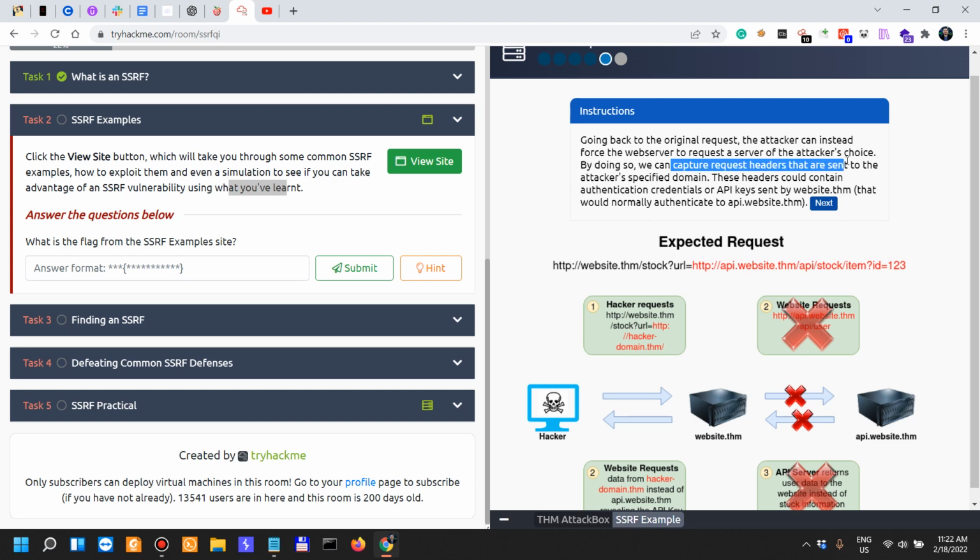By doing so, we capture request headers that are sent to the attacker's specified domain, as I said. These headers could contain authentication credentials or API keys sent by website.thm that would normally authenticate to the API. In this case, it would not be wise. If we're dealing with an unsecured protocol like this one, if you're sending tokens and sensitive information in the URL, that's another vulnerability. So the hacker requests this URL and then their own malicious or specified domain,